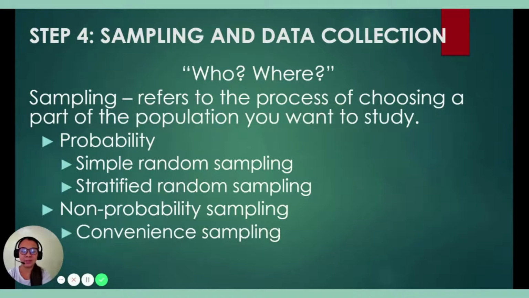From the word itself, convenience. It is done in a way that whoever comes as a convenient sample is considered as a respondent. Therefore, convenience sampling or non-probability sampling in general has a lesser chance of coming up with a general representation